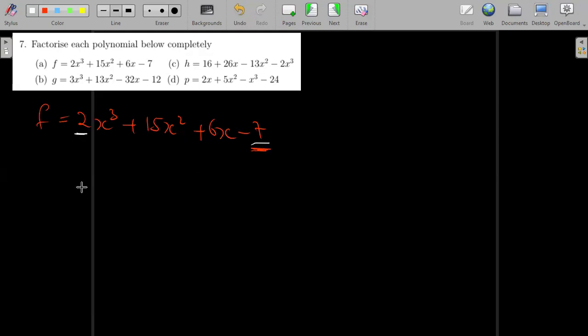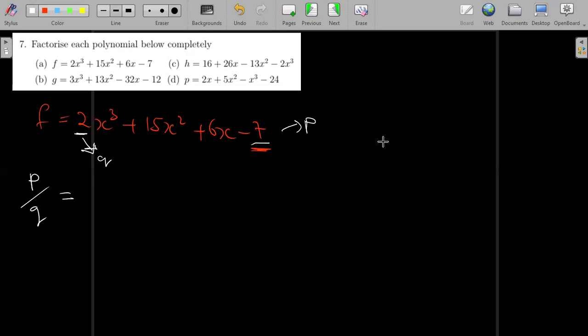These are the two values that are cardinal in this theorem. We write it as P over Q, where P is the constant and Q is the coefficient of the leading variable. Now you write plus minus the factors of P,